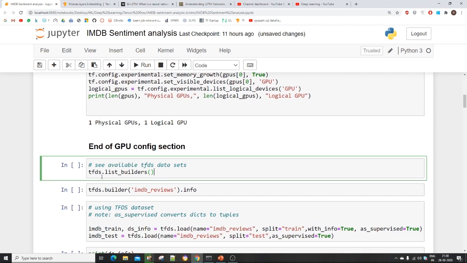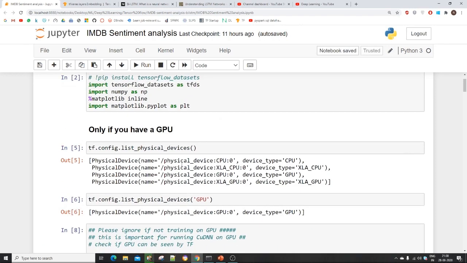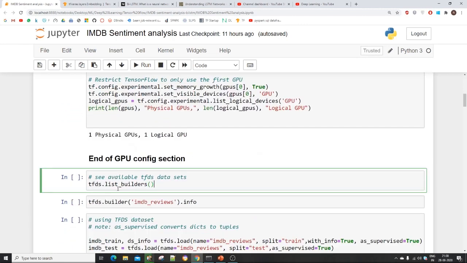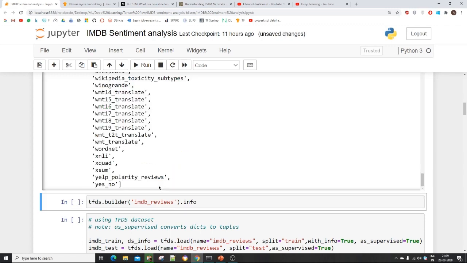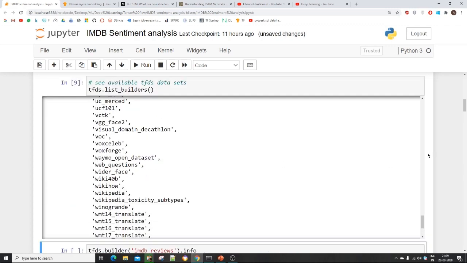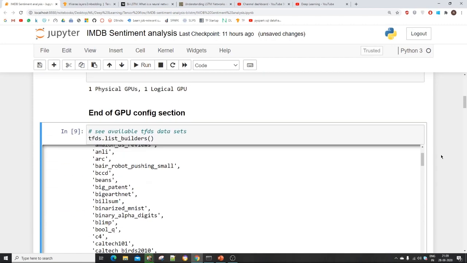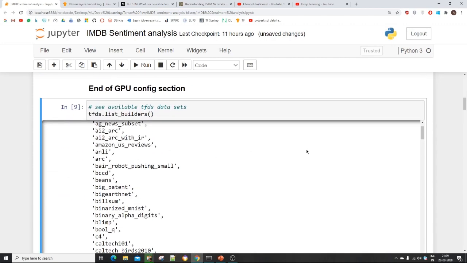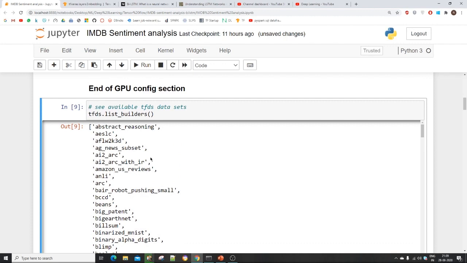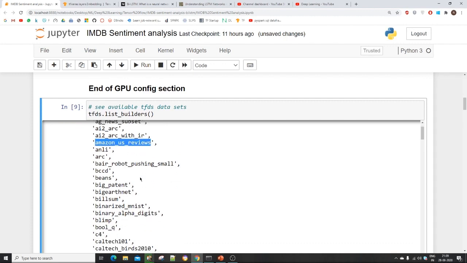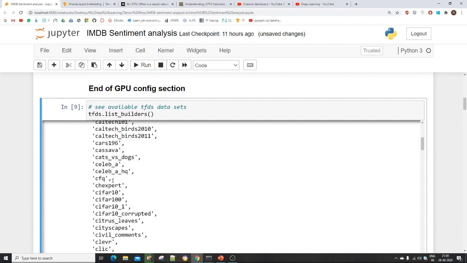First, this is the TensorFlow Datasets alias that I created above, and now I have to use list_builders, which lists the datasets. I will just run this. You will see there are this many datasets already in TensorFlow. Some of these datasets are related to text, and some are related to images. If you look, these are reviews, so you can explore each and every dataset.